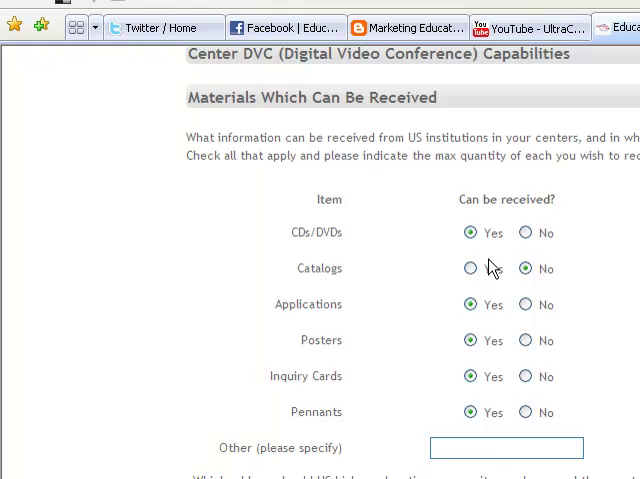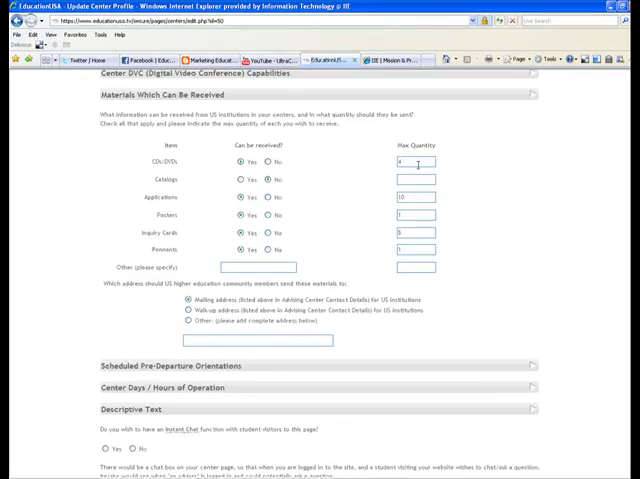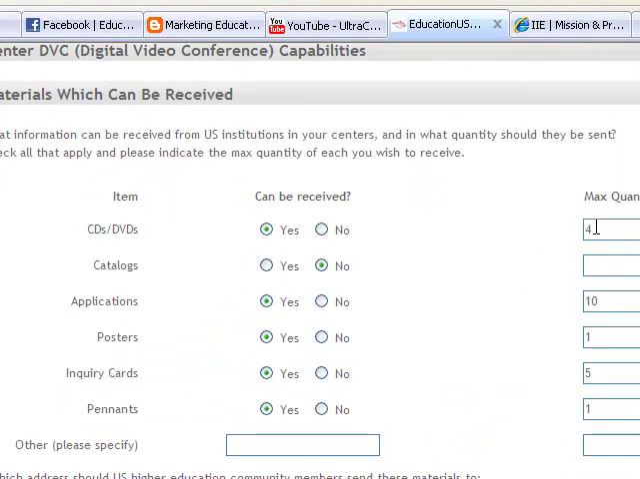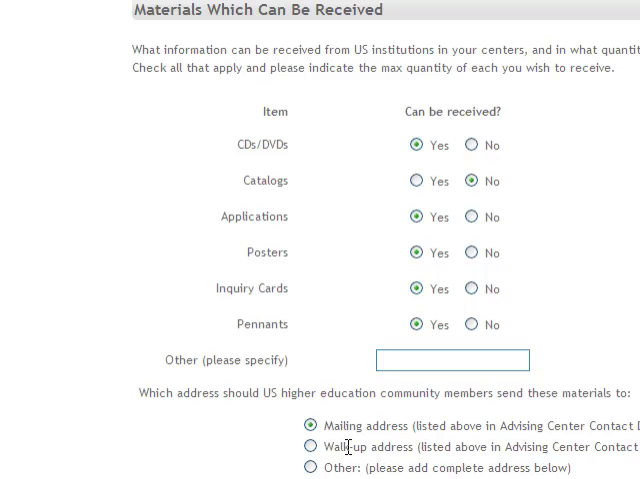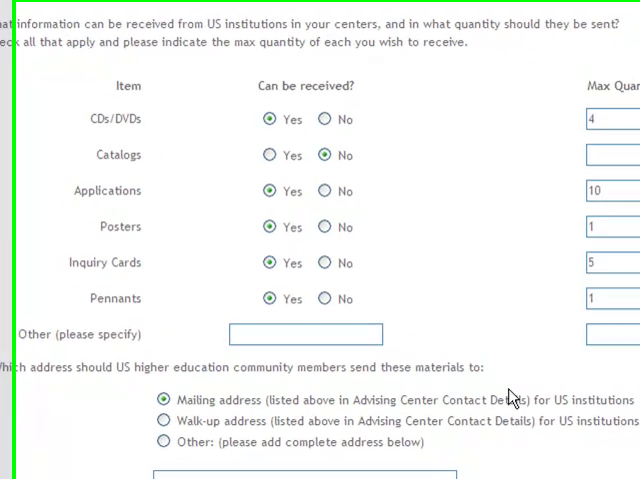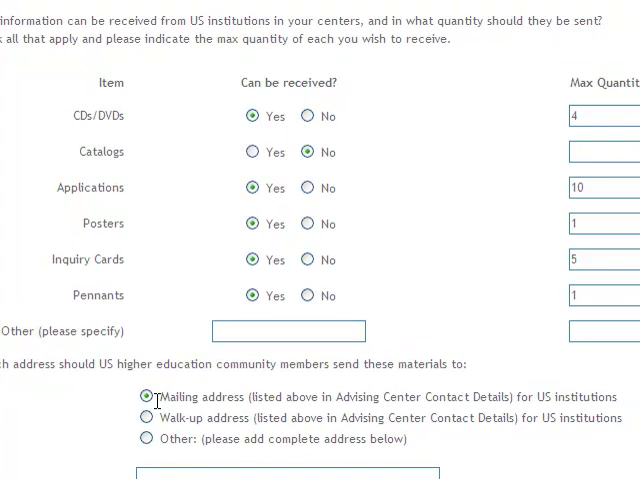You can indicate whether you can receive it or you can't, and then also, if you can receive it, what the maximum quantity of that item you can receive is. So universities that may be interested in mailing information to your site about their institution can go to your center page and also find out where they need to send that information. You can select whether they should use the mailing address, the walk-up address, or another address completely in order to